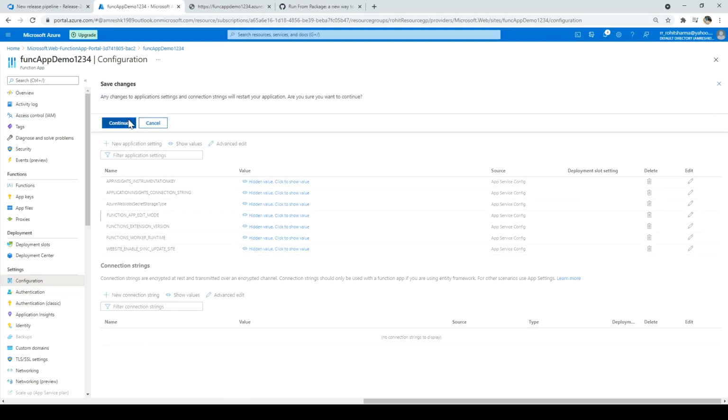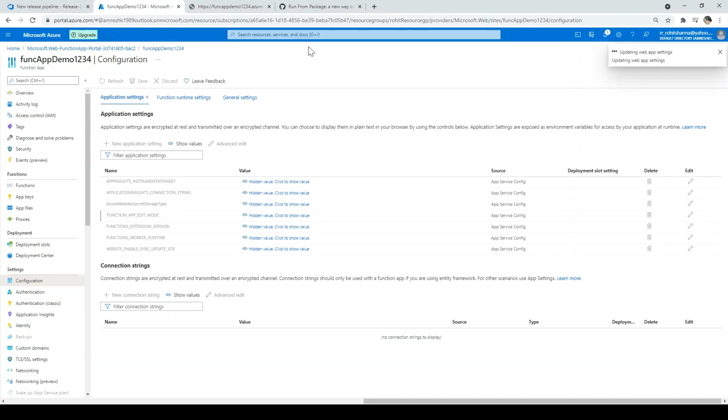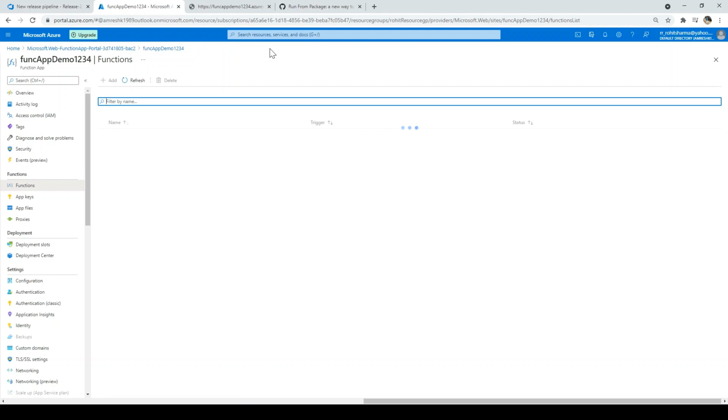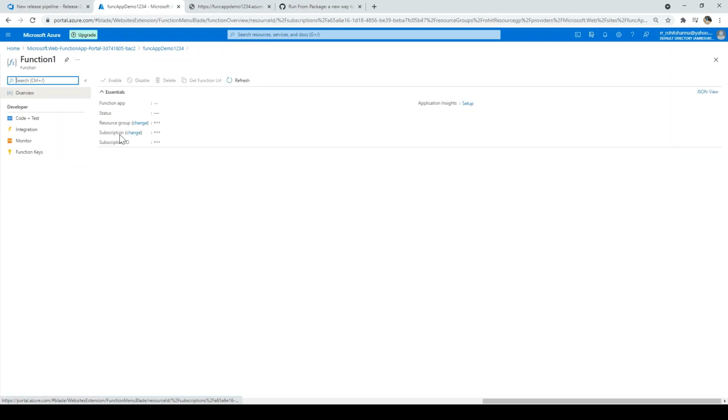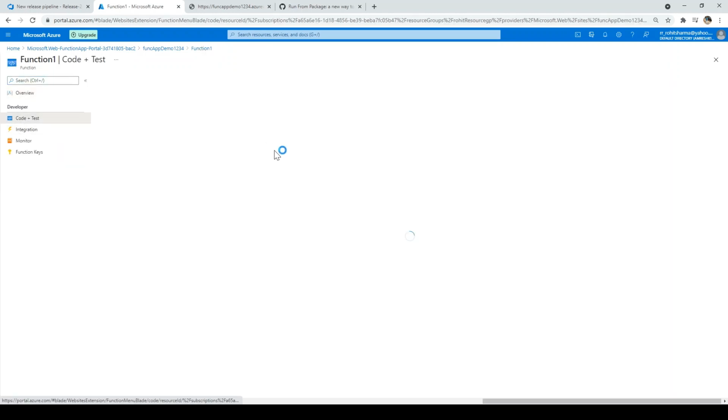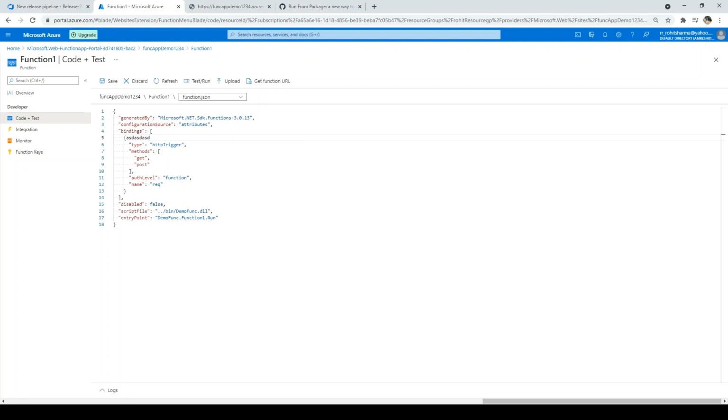Click on save. Once it is done, click on functions. Click code plus test. Now you can edit anything. So this is how we can fix the message which we were getting earlier. Cool.